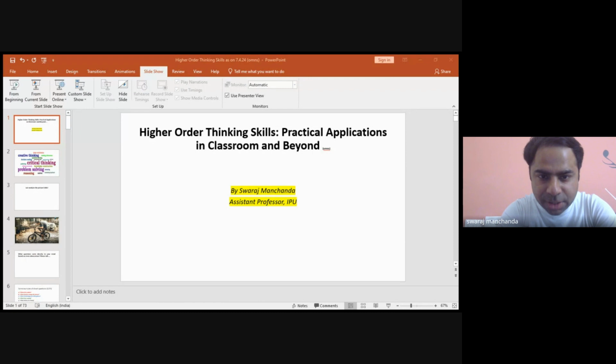So, HOTS or higher order thinking skills is basically about these words which are coming in front of you on the screen. We need to develop creative thinking in the students. We need to develop critical thinking in the students. We need to develop problem solving skills of the students. We need to make them go out of the book, out of the context, so that they can be good decision makers, they can be good leaders, they can be those wise people for whom we give good remarks, like Einstein or like Newton. We want such people more and more. And it would be an honor if they come from countries like India, who are developing but promising. So HOTS is all about that only.